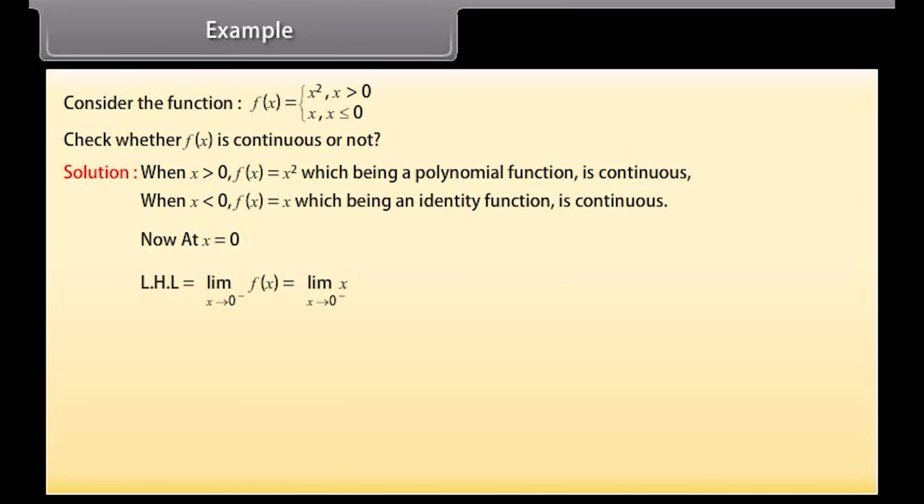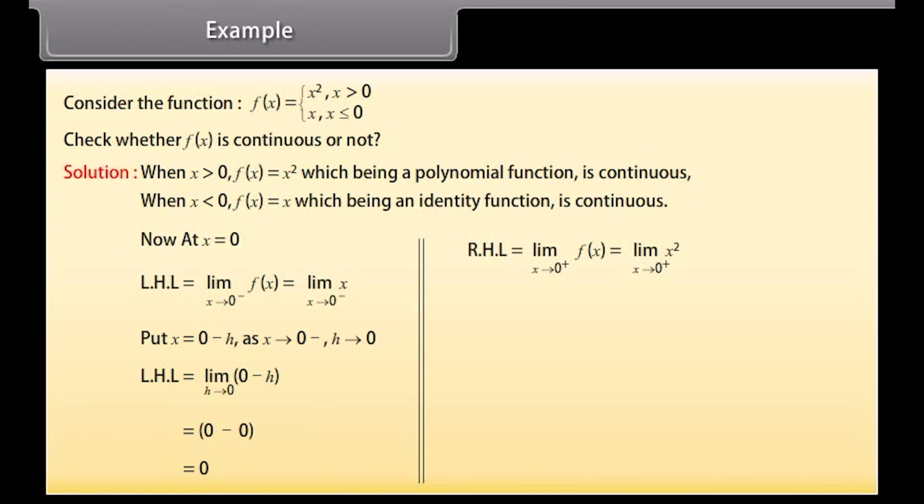Left-hand limit: limit as x approaches 0 minus of f(x) is equal to limit as x approaches 0 minus of x. Put x = 0 − h, as x approaches 0 minus, h approaches 0. Left-hand limit is equal to limit as h approaches 0 of (0 − h) = 0 − 0 = 0. Right-hand limit is equal to limit as x approaches 0 plus of f(x) =